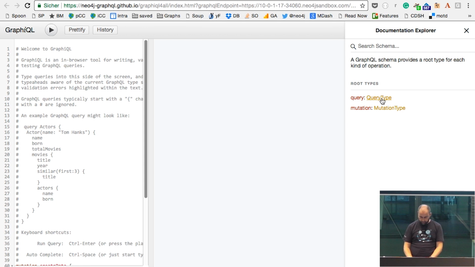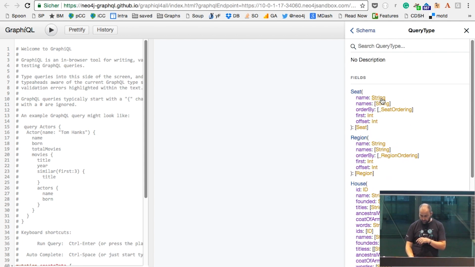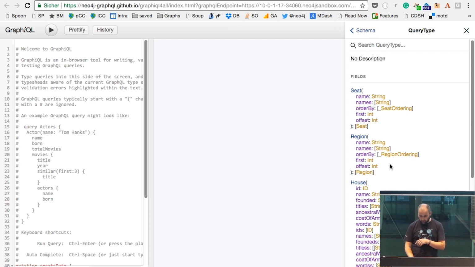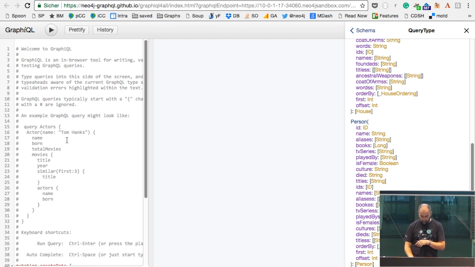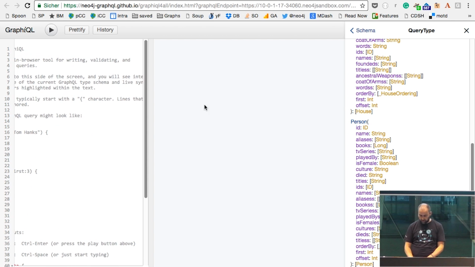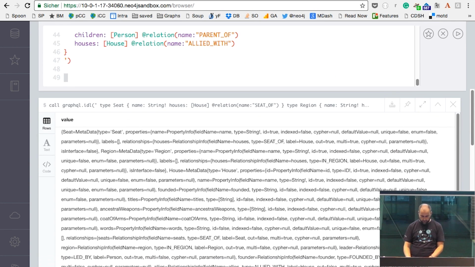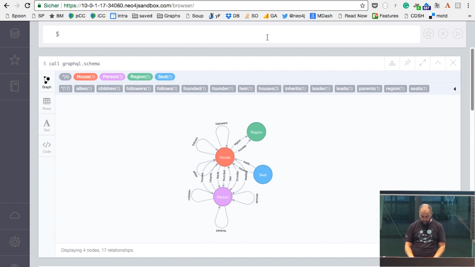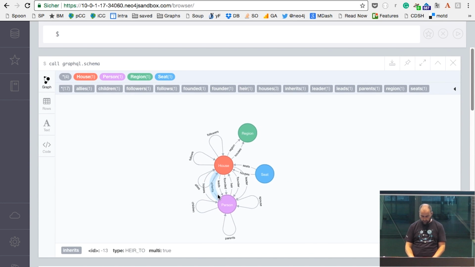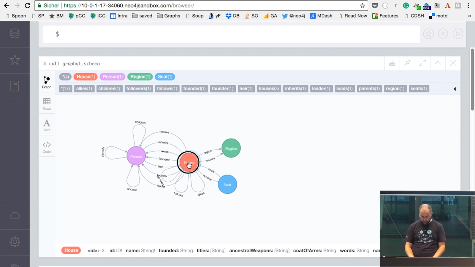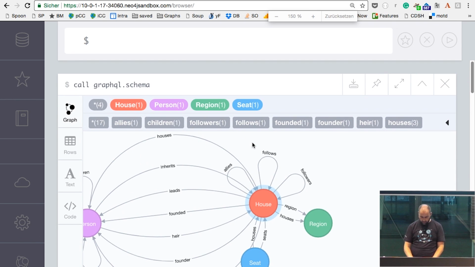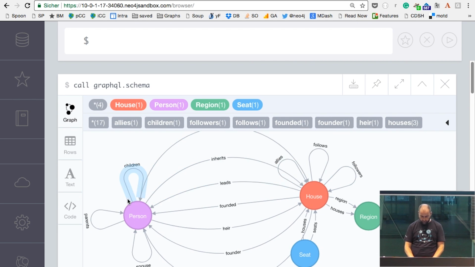Okay, this looks better. So something with the posting of the schema file didn't work. So I have here now my schema in graphical houses, seats, regions, people, and I could also run queries, but currently the database is empty, which is not so helpful. I can also run the GraphQL schema thing here that gives us the visual representation of our GraphQL schema. As you can see here, we have the houses, people,